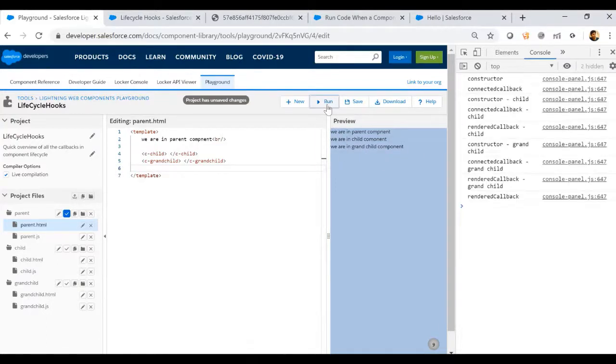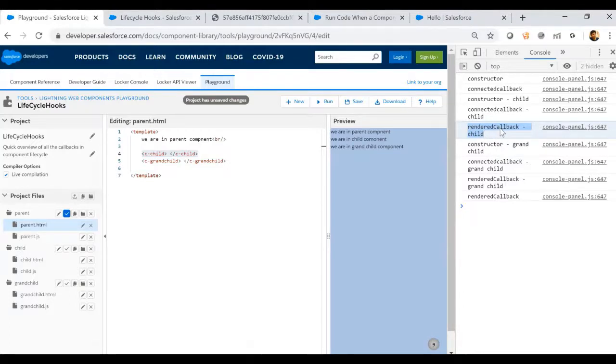Let's try to run. If you see here, first the constructor is called, next connected callback, and then the constructor on child component is executed, and then connected callback is executed, and it didn't wait for grandchild creation. It immediately rendered because it doesn't have any child.